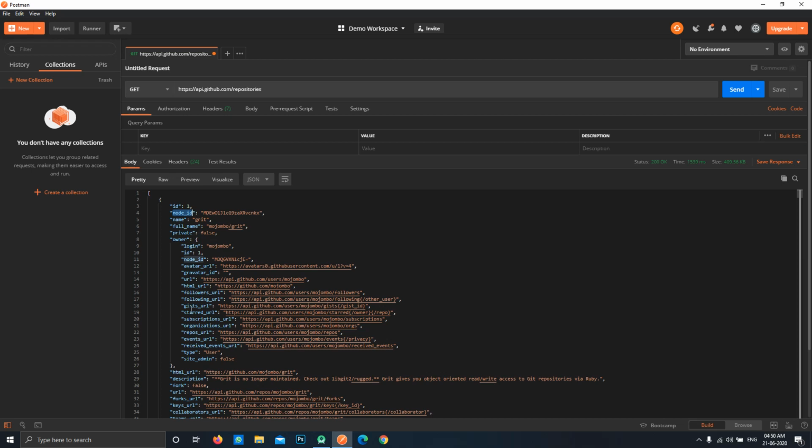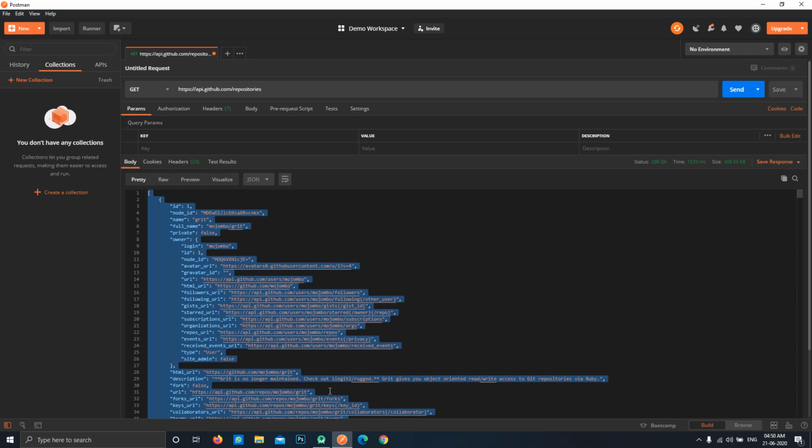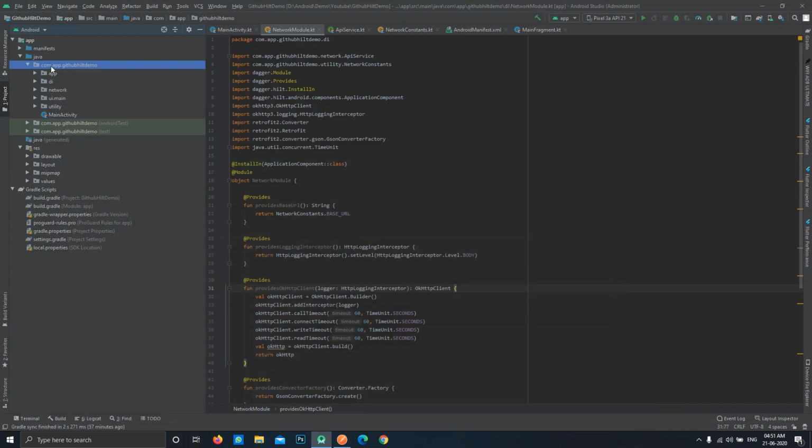That is a very time consuming and error prone task, because you can mistakenly make some typos. So just copy all of these, and I have actually installed a plugin for that purpose.